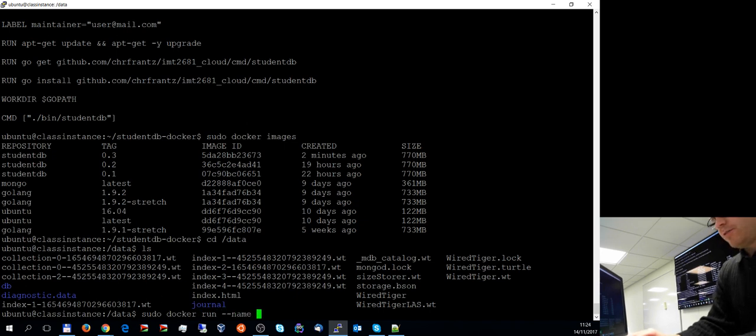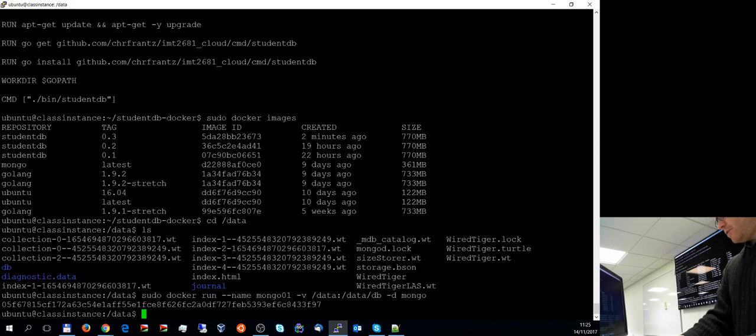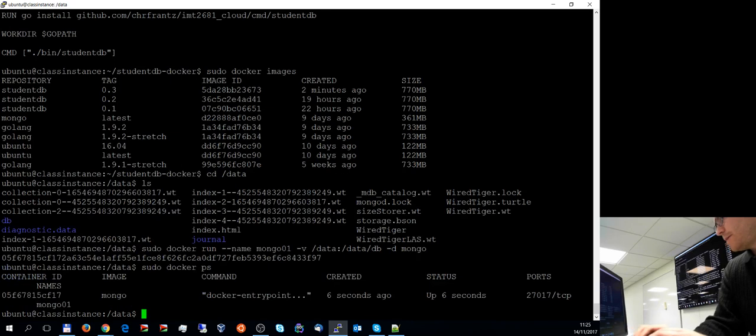We give a name for the Mongo instance, so for example Mongo 01, let's say, and then -v for volume. Now we need to indicate the host's data directory you want to link to, which is data, and the corresponding directory on the image, so in the container. And then we detach that whole thing and use the Mongo image as the basis. So any magic here? No, that looks fairly straightforward. It creates a container and hopefully it continues to run. So sudo docker ps shows us all the running containers. ps -a shows all containers. We only have one running one here right now, and it seems to be listening on